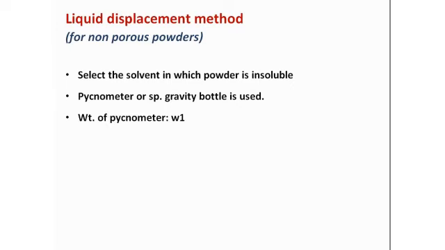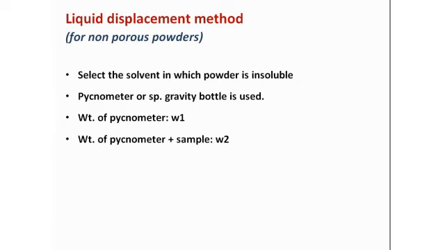Done. Now let's do some calculation. It's a very easy one. Just go through the steps. First of all, before doing that, weigh the pycnometer. Take the weight of the pycnometer as W1. Suppose the pycnometer weighs 10 grams, it is W1. Before starting the process, you just weigh the pycnometer. Next, the weight of the pycnometer along with the sample.